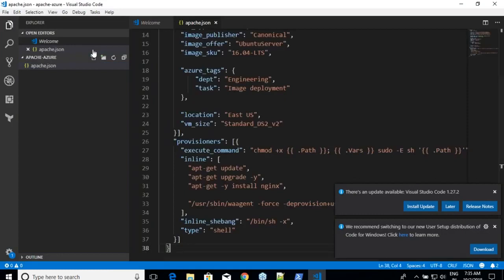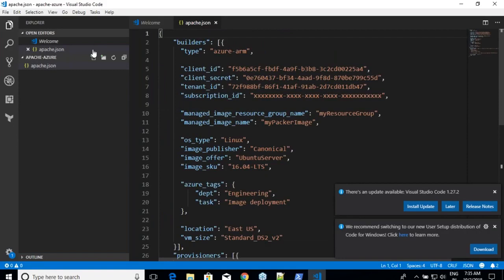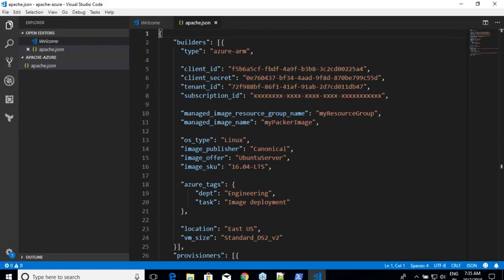Okay. Let me remove the unnecessary stuff, and we can optimize this by asking what are the different things that could be variables. Client ID, secret key, tenant ID should not be written in the file, much like how you don't write the secret key and access key. So that's why I'll not write it. All of that is fine. Those things will become variables, and we know how to put variables, right?